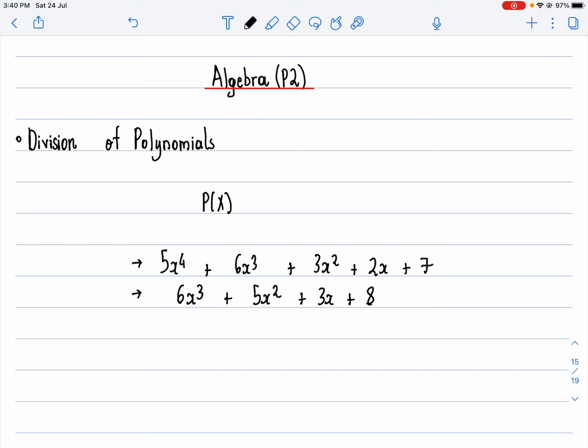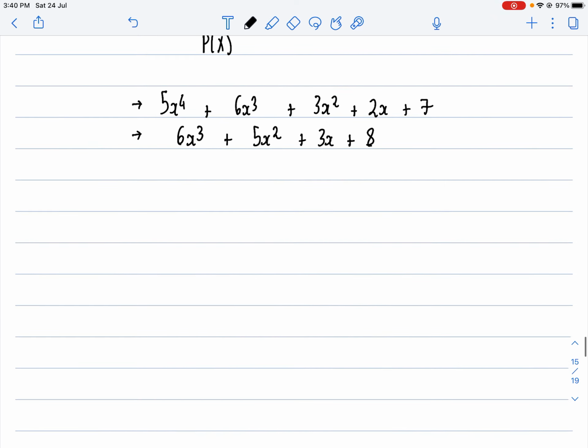So what you basically need to do here is you'll get a sum, and I'll teach this method to you. The method is called long division, or you can call it anything. I'll explain this method to you via an example. Let me say the question will be something like: we need to find the quotient